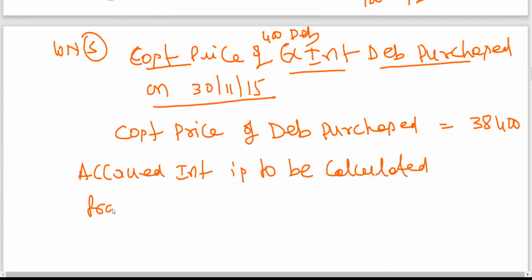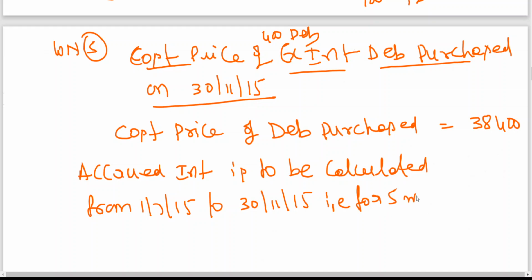from 1st July 15 to 30th November 15. That is for 5 months. Am I right? So that is equal to